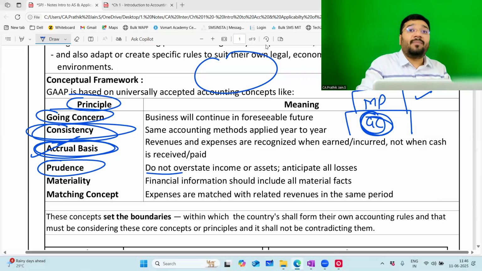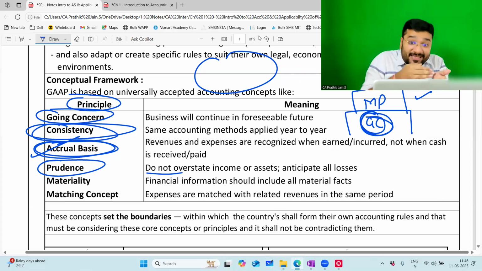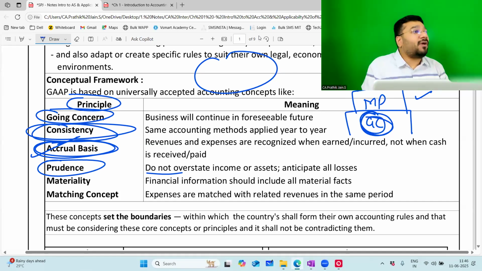So after the judgment comes, everything becomes clear: how much is bad debt and how much is good debt. When do we create provision for doubtful debt? When the case is still going on. When the insolvency case is still going on, you have no clue whether the money will come or not. So there's a doubtfulness in your mind. So the prudence concept says that if you have a doubtfulness, you can record the provision.